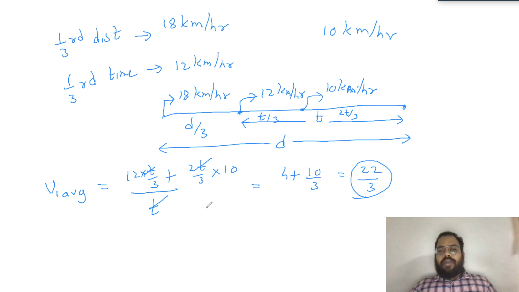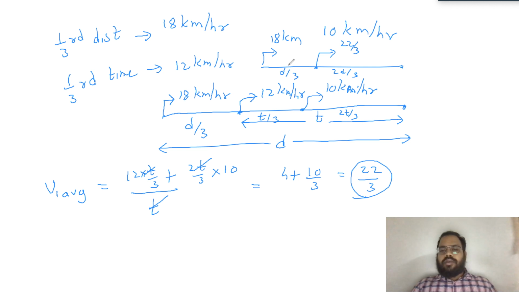So now my sum has been converted to: the car travels 1/3 distance with 18 km per hour and the remaining distance. So this will be d by 3, and then this will be 2d by 3. The remaining distance it travels with 22 by 3. So it is easy for us. I'll write again a final